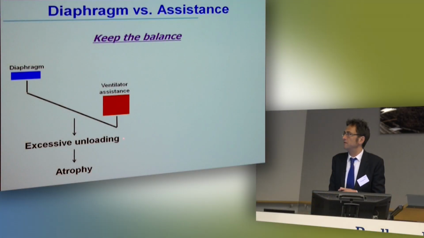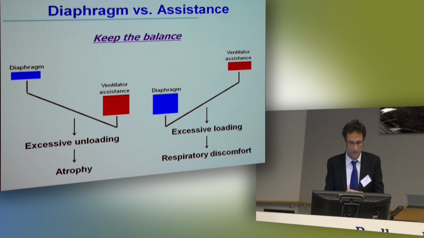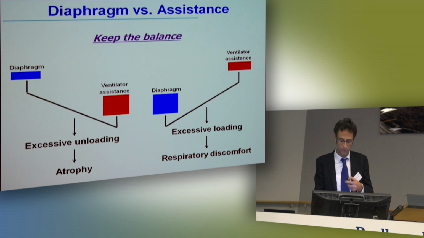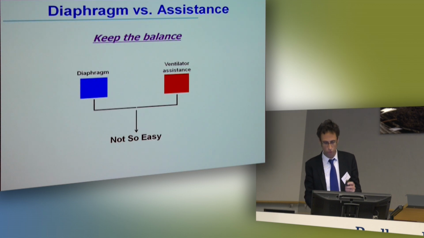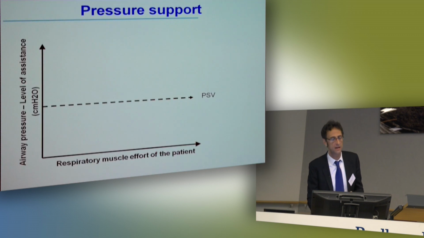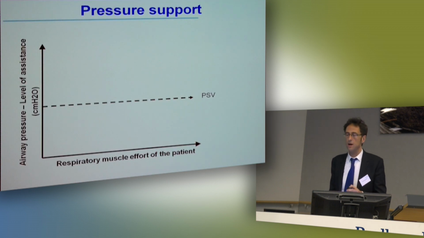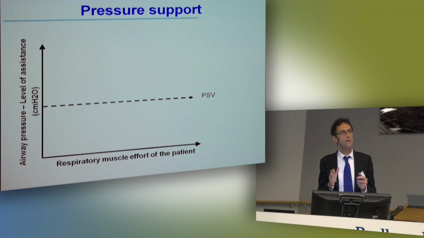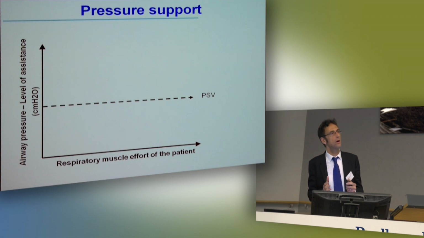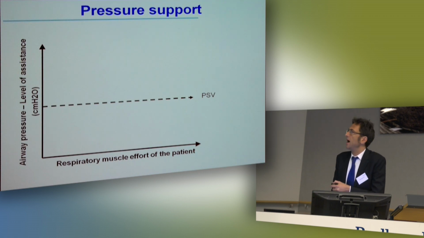So the clinician, the physician, is facing an issue. If the patient is too much assisted, then it creates excessive unloading and diaphragm atrophy. But if the patient is not assisted enough, then it will generate respiratory discomfort, asynchrony, and all these things. So we have to keep the balance, and this is not easy. And probably there is room here for proportional modes, because as opposed to pressure support ventilation, which